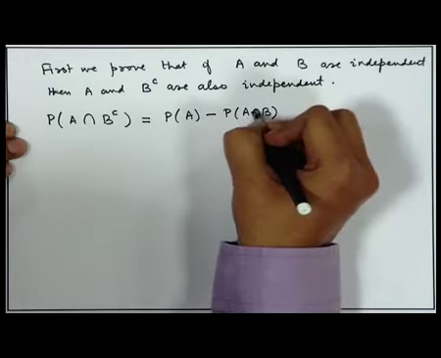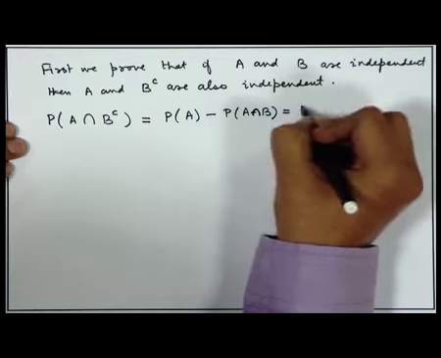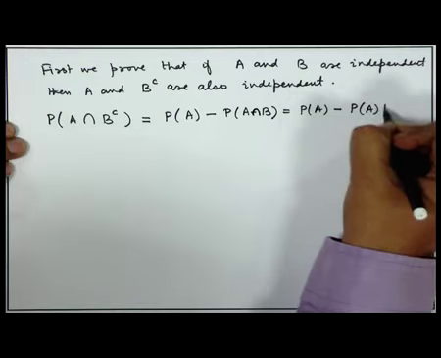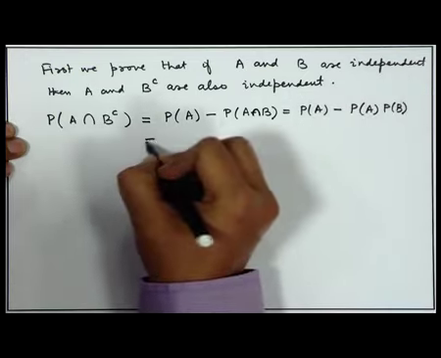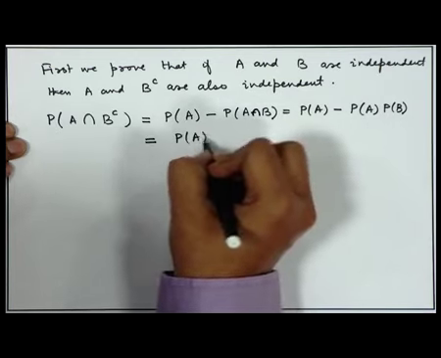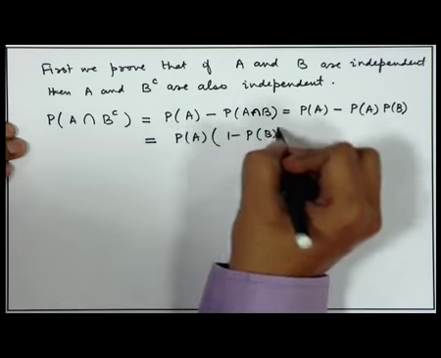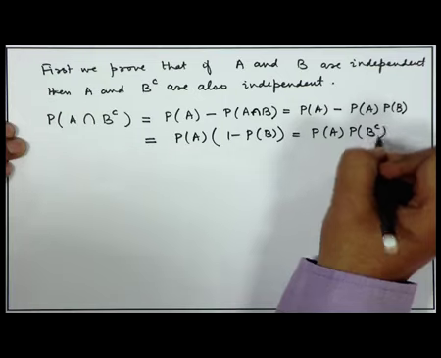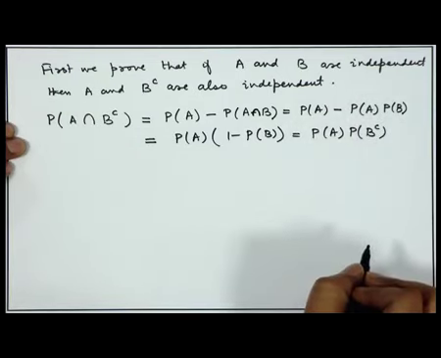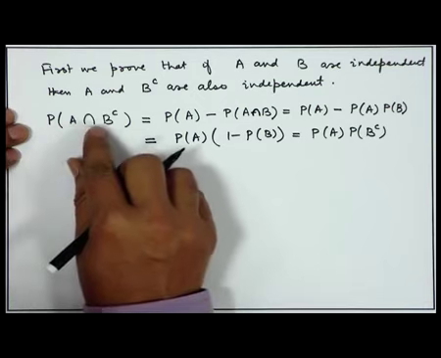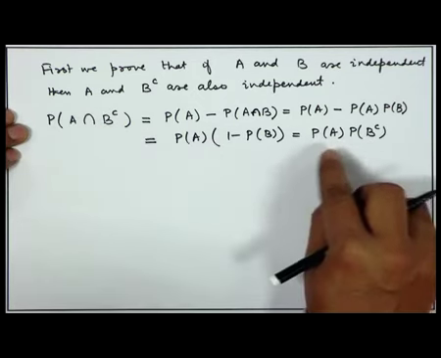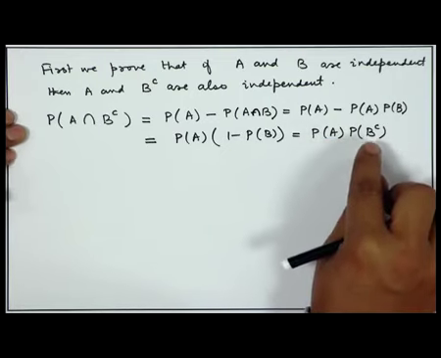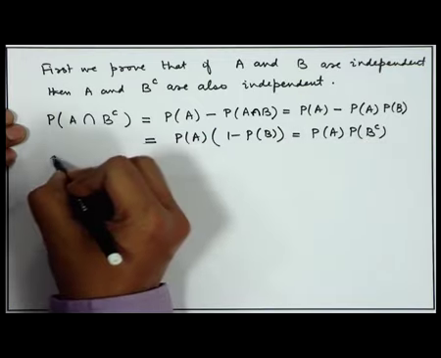Sorry, A intersection B. So, this is equal to probability of A minus, because A and B are independent, probability of A into probability of B. So, here you can take probability of A into 1 minus probability of B, which is equal to probability of A into probability of B complement. So, probability of A intersection B complement is equal to probability of A into probability of B complement, which is the condition for independence. Similarly, we can prove that